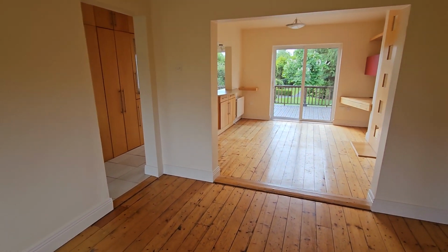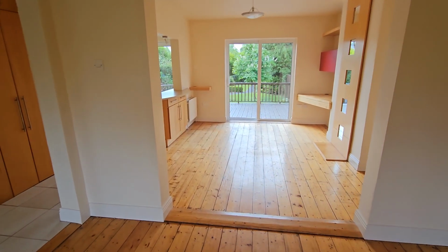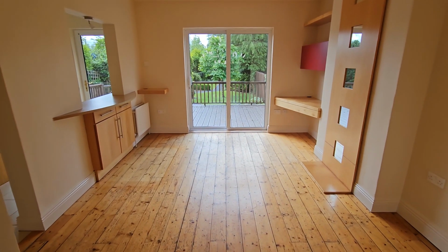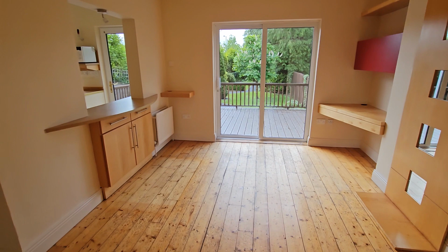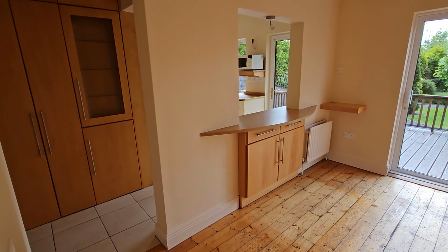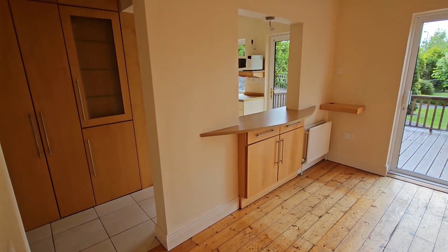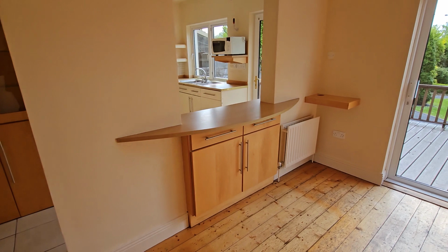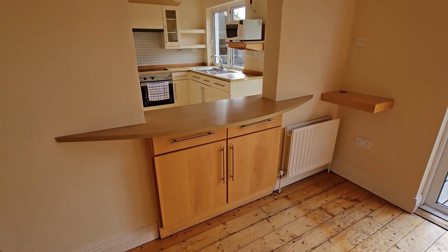So then the open plan living, as I said, we're into the kind of double open arch here. This would be your formal dining or second reception room. You can see the way it integrates to the kitchen, and where I mentioned that hallway is almost an extension of the kitchen area. You have additional units there as you run through that hallway into the formal dining, which I'm in now,